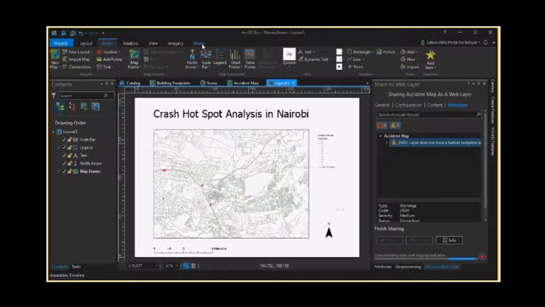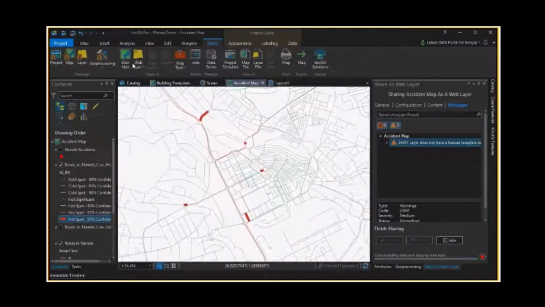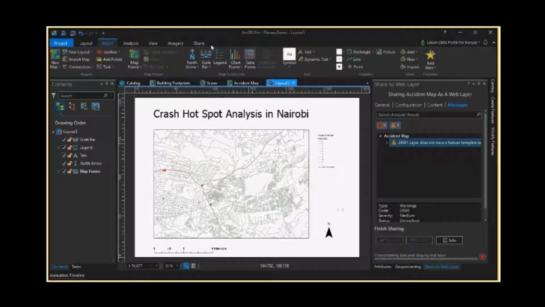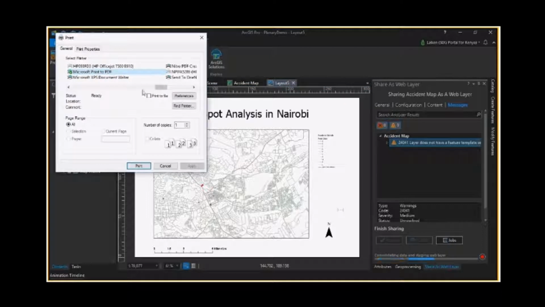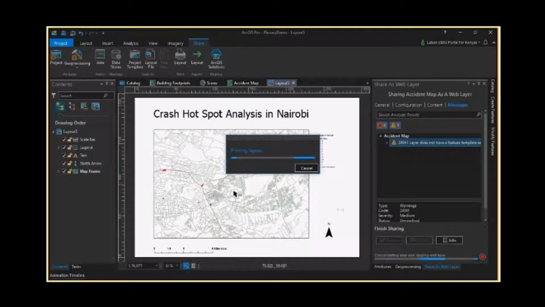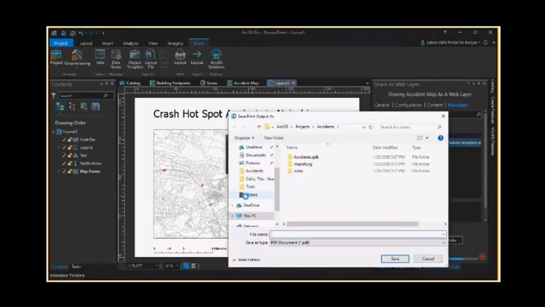Now notice how contextual this is. When I was on the web map and I clicked on share, I had these options. Now that I'm on the layout and I click share, these are the options that I get. So I want to print this out as a PDF. So I'm going to click on layout, print, and I'm going to go ahead and print it out. So as you can see, I'm doing two things at the same time. I'm printing out my PDF,